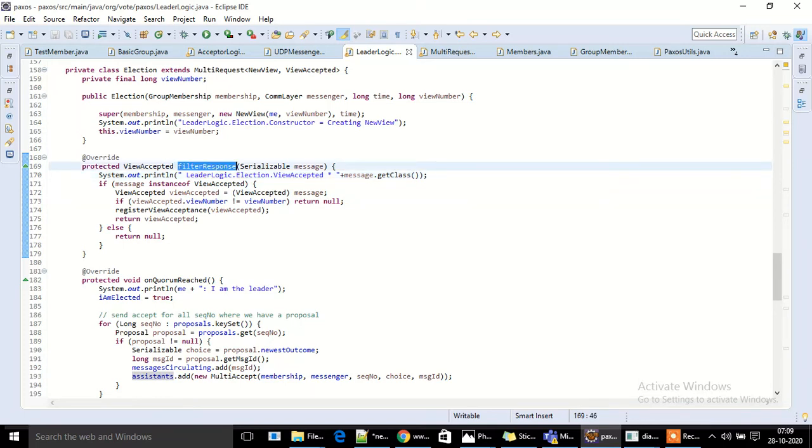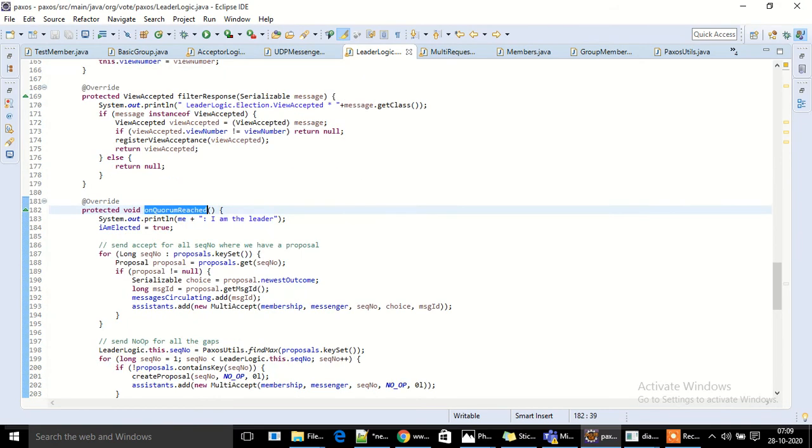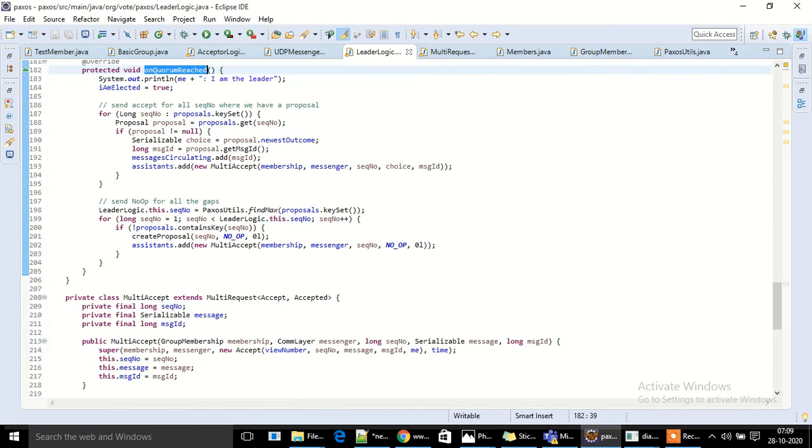If the view is accepted, this method is invoked, and if quorum is reached, which is the consensus or the agreement, meaning more than 50% of the members have sent acceptance messages, we will invoke the on quorum reached method, and we will send the message that we have reached the consensus and the leader has been elected.